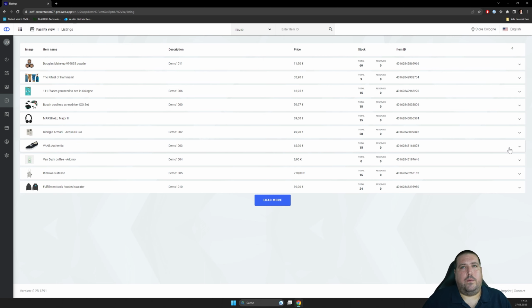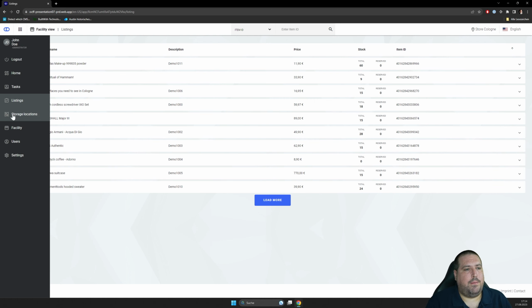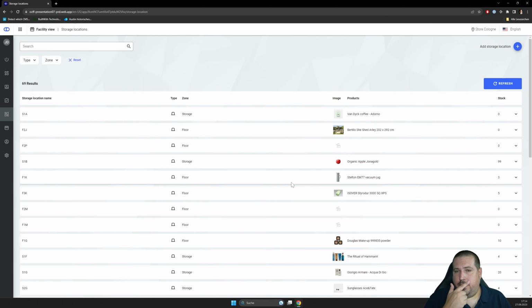There is one thing that we can do more and go a little bit deeper into the question of where do we store our items. And I want to show you that as well. For that, I open up here the storage locations. And as you can see here, I